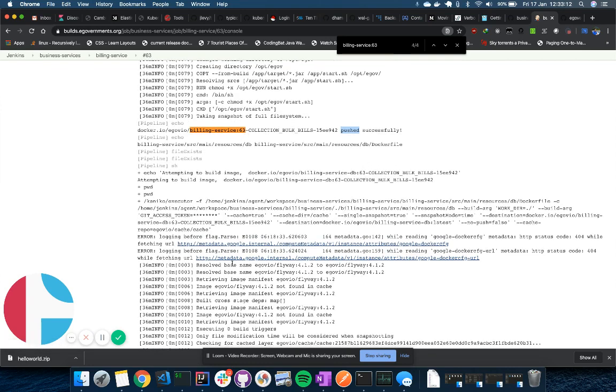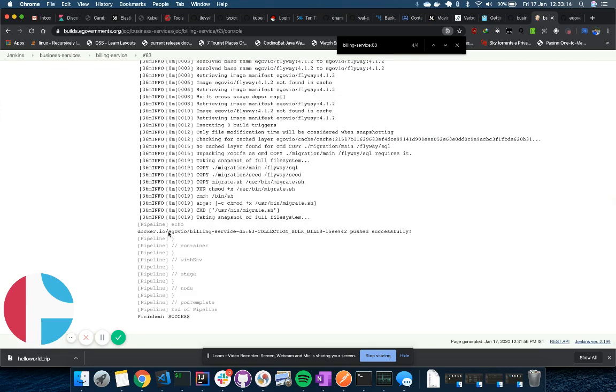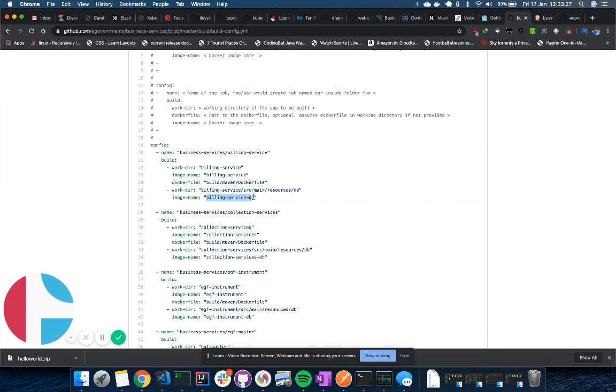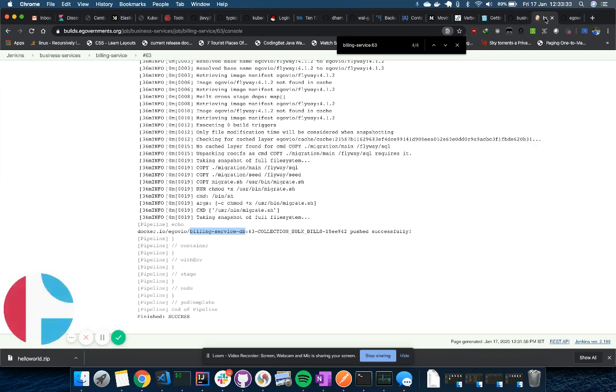Now you have another build that's running, and that also pushes what you asked for. But if you notice here, the image name is -db. The tag is the same, but the image name is -db, which is what you're asking for here. And when we go to the deployment, you can also see that these images will then get deployed together.